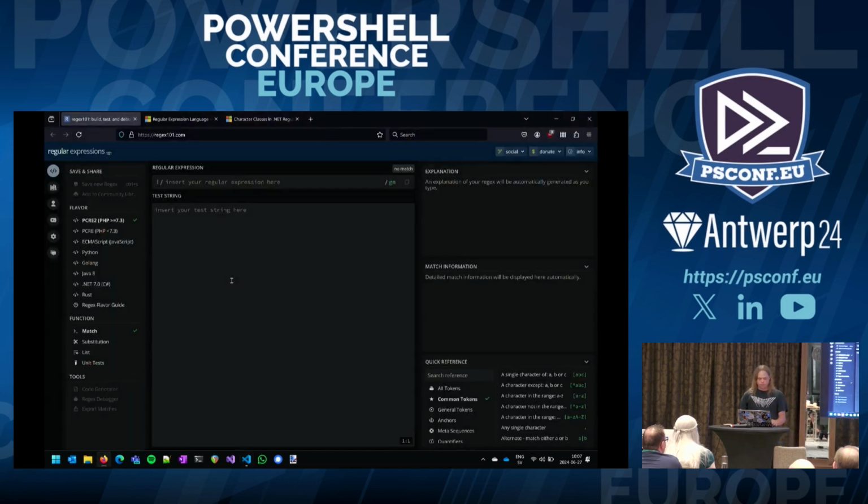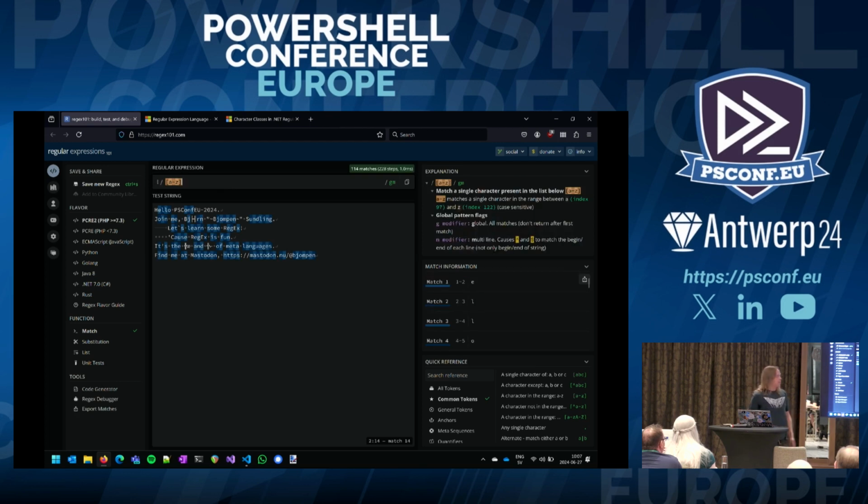Instead, we use tools like this. Cheating tools. Whenever we can, use cheating tools. So we can do, and of course it messes up the text, because apparently text is hard. But we can do the same patterns like here. And we can see what matches. And we can immediately get the feedback of it.